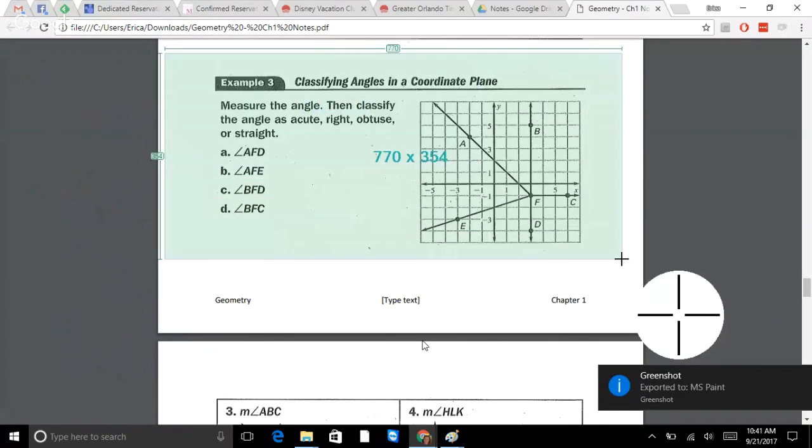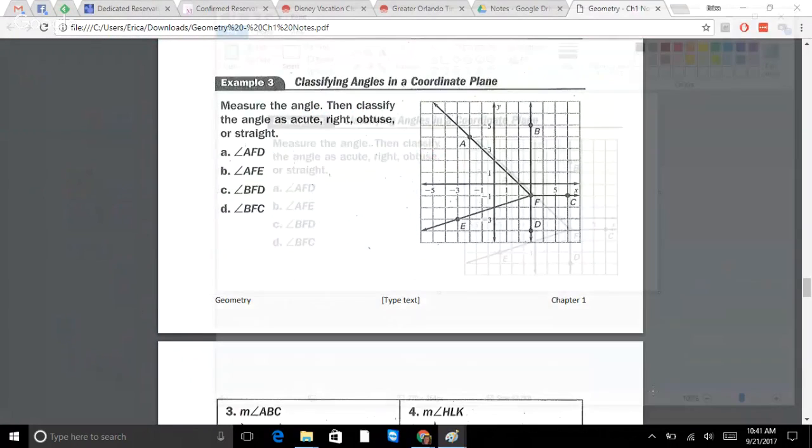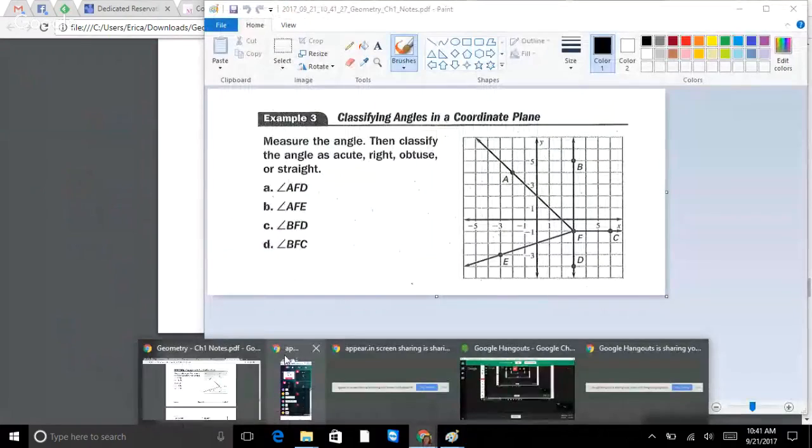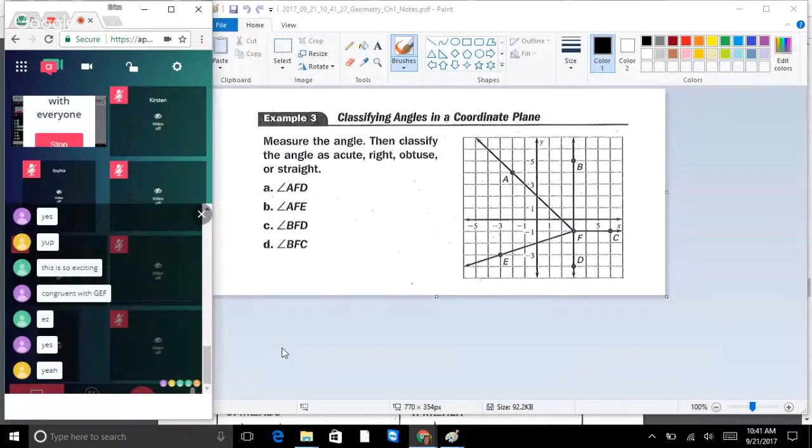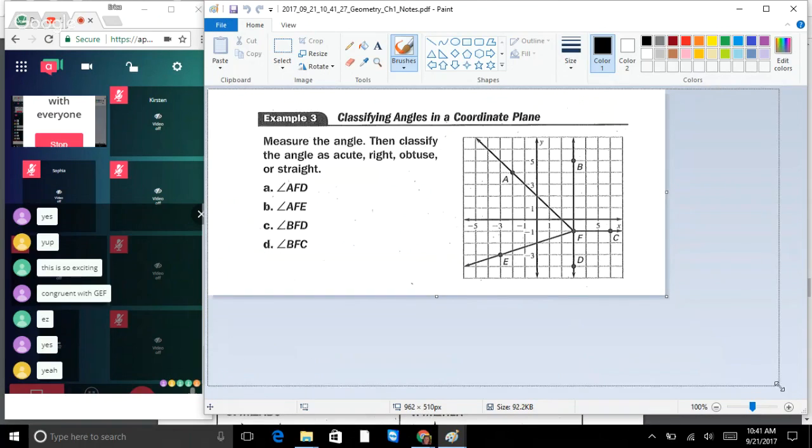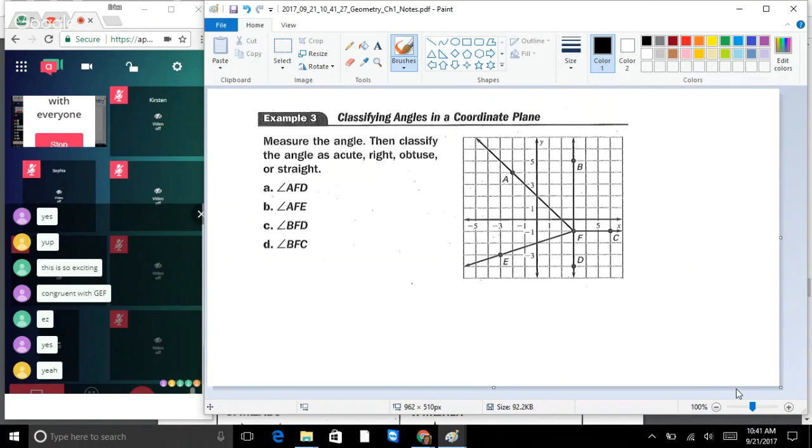So the first one is classifying angles. Measure the angle, then classify the angle as acute, right, obtuse, or straight. I don't have an online protractor that we can use. I do have a bunch of protractors that I can bring to class. So if you don't have one at home, I will bring that in. But let's just look at these and see, based off of how they look, if we can figure out whether they are acute, right, obtuse, or straight. So the first angle,